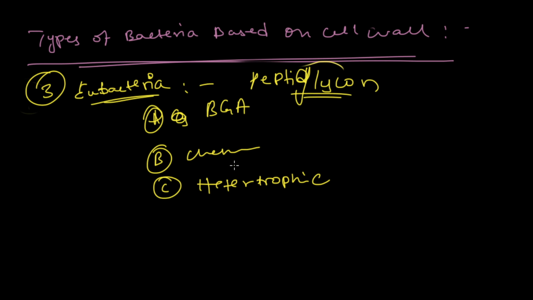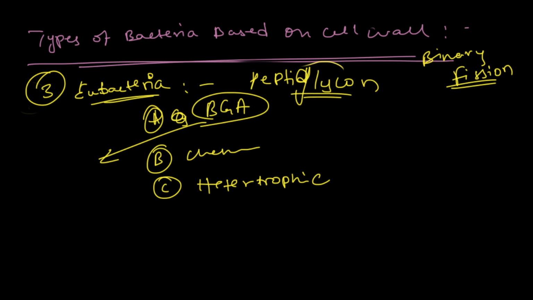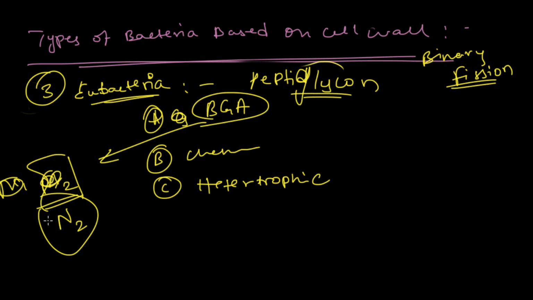Now generally these bacteria divide by binary fission. Remember this, anywhere, anytime, any question, binary fission. Now this blue-green algae or cyanobacteria is a nitrogen fixing, N2 fixing bacteria. In our NCERT, they have written that they fix nitrates, ammonia, nitrites.